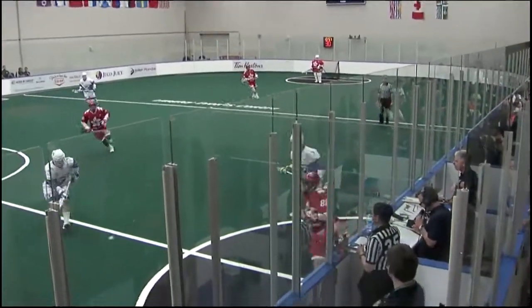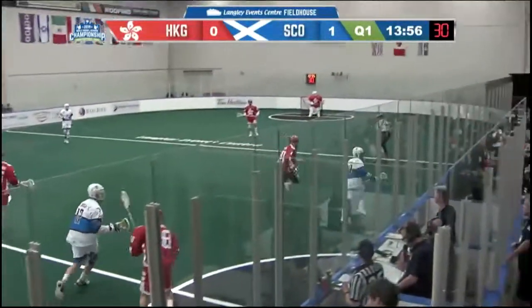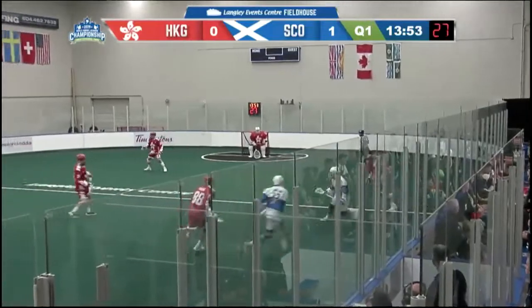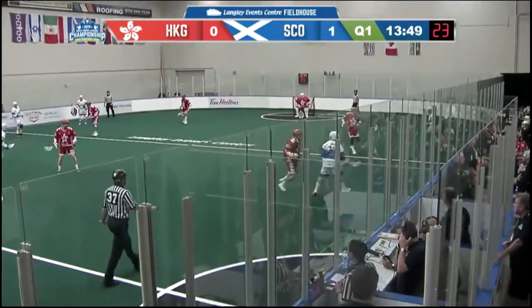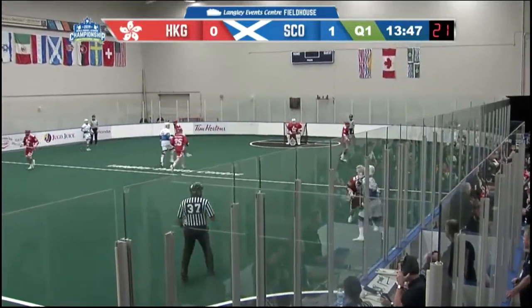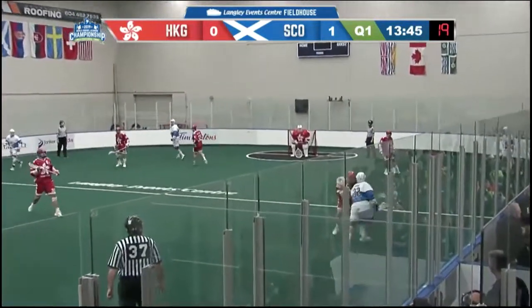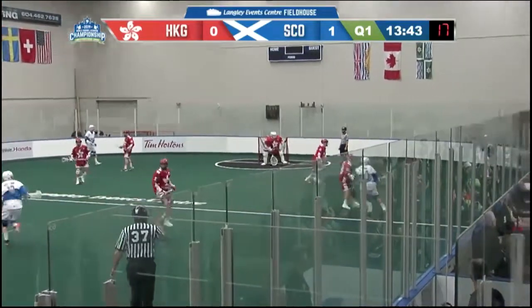As now we are officially 1 minute in as we pick up the announcement. Moffat with the lone assist on the Vickers goal, and Scotland is back in.